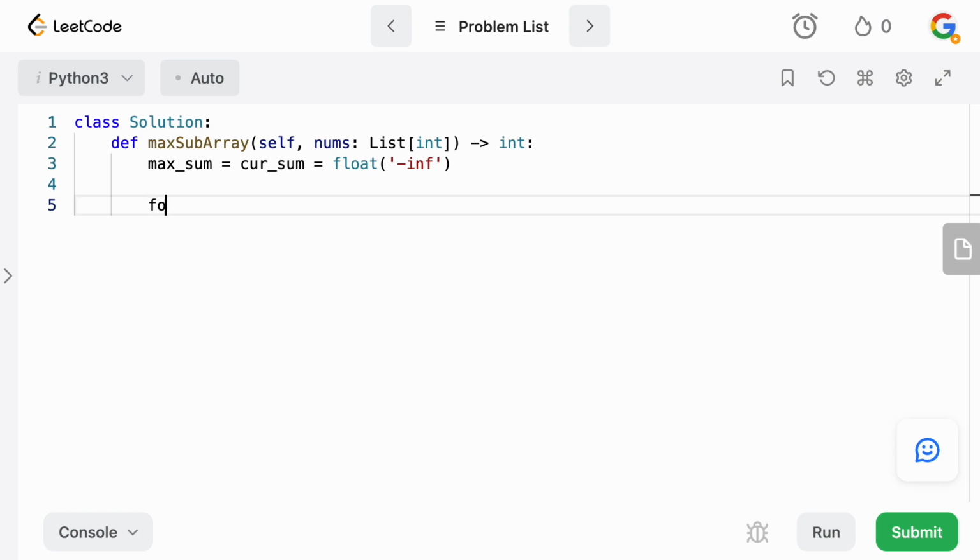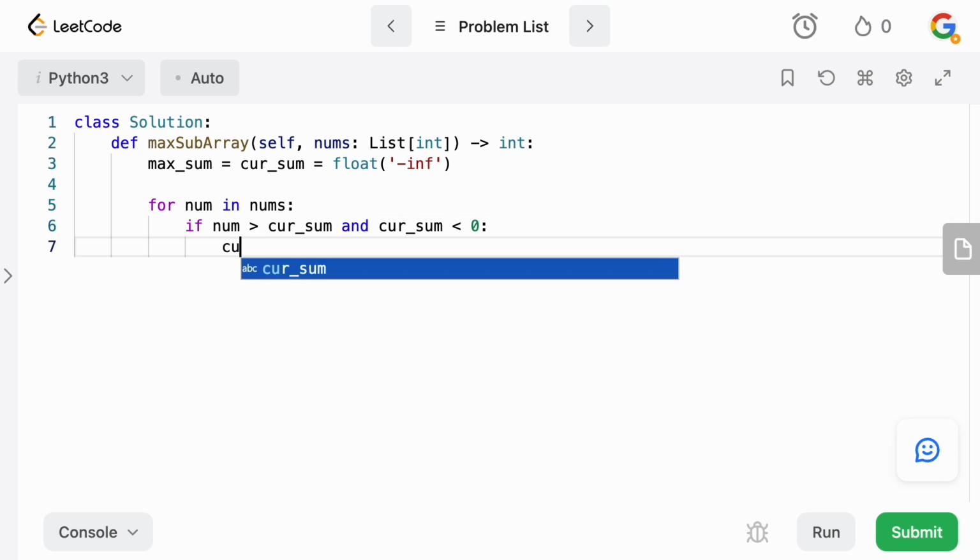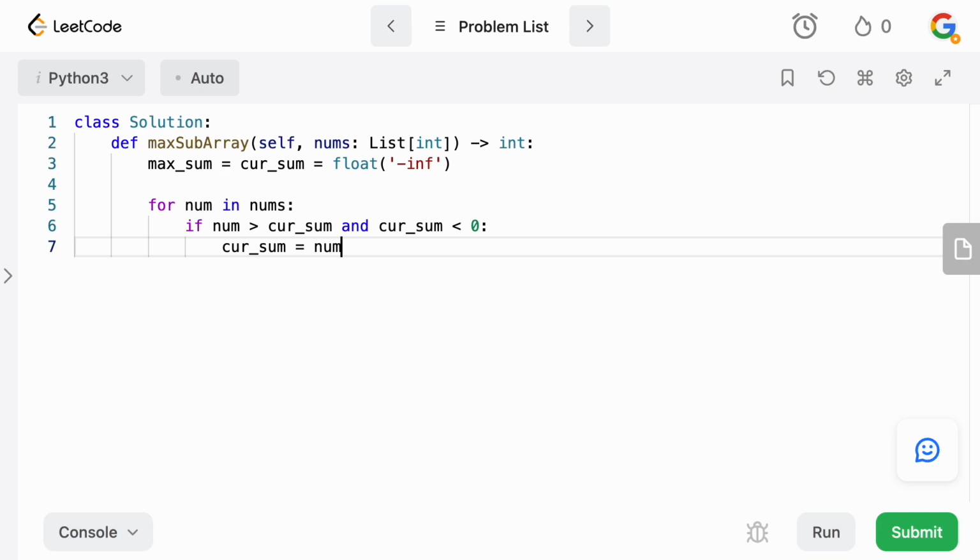So we're going to say for num in nums, if the current number is actually greater than our current sum and the current sum is actually less than 0, then we want to actually just take the number on its own, right? So we're going to say cur sum equals num. And this is what we want to do when cur sum is actually negative, right? If our current sum was like -10, but then we got a value that was actually like 20,